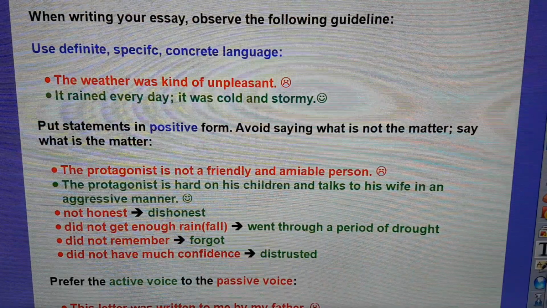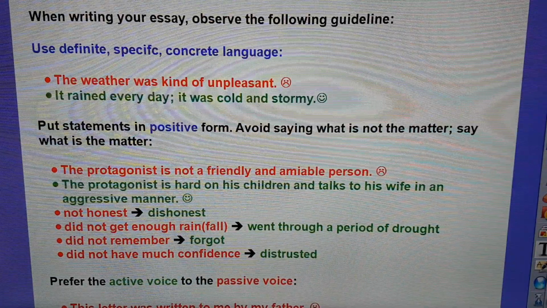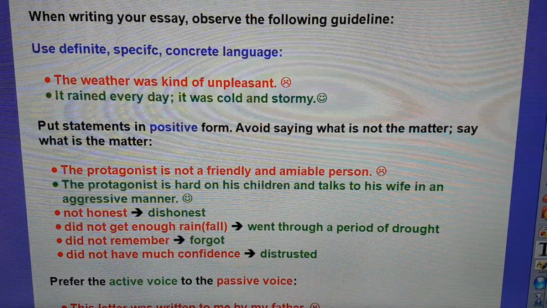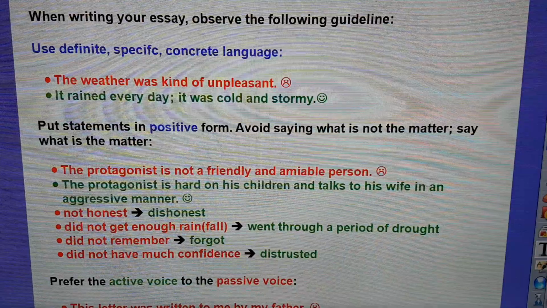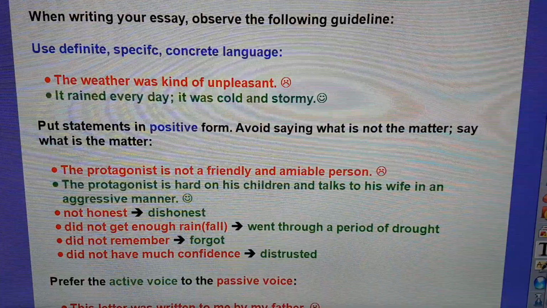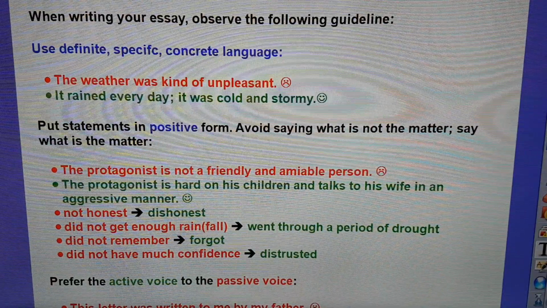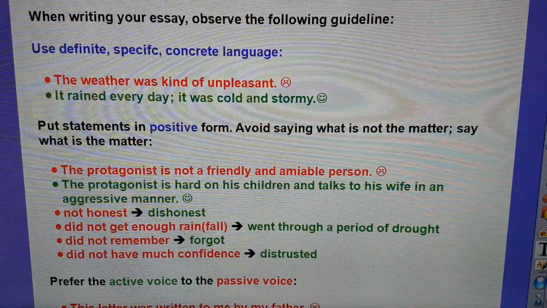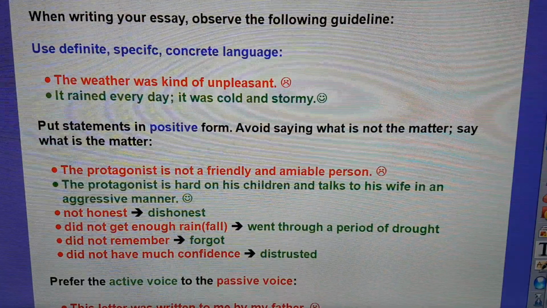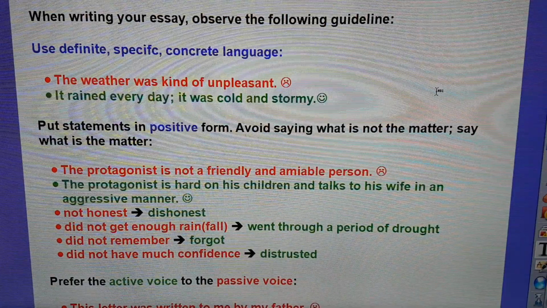And now we have reached the terms of good writing. Use definite, specific, and concrete language. Anything vague can be left out because it isn't really meaningful. It doesn't tell your reader anything specific and probably anything interesting. So when you write such a sentence as, the weather was kind of unpleasant,